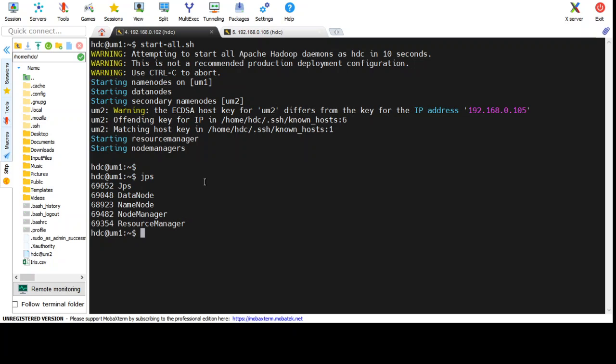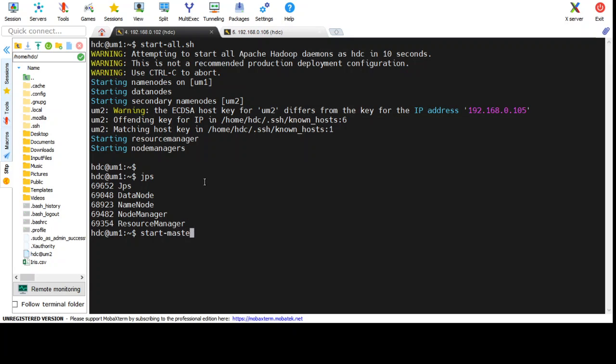Yeah, so name node, data node, node manager and resource manager are working. These are the Hadoop related services. The first two are for HDFS, and the last two, node manager and resource manager, are associated with YARN.